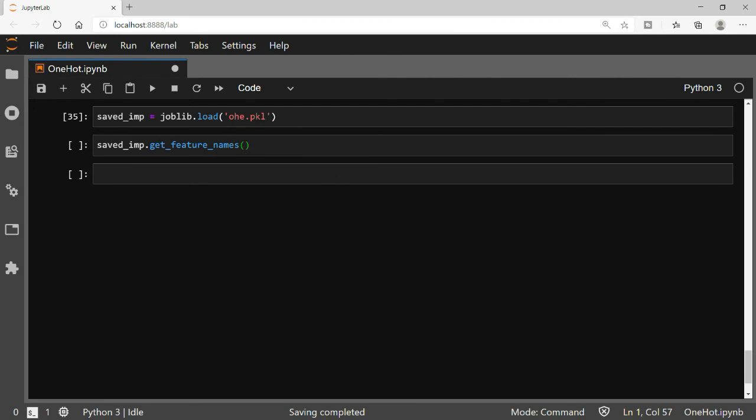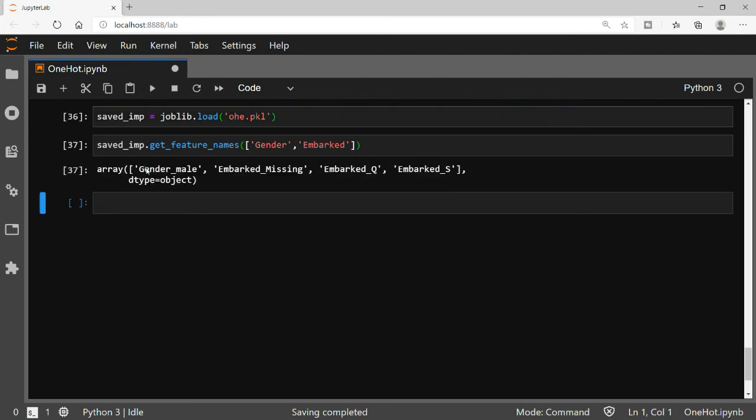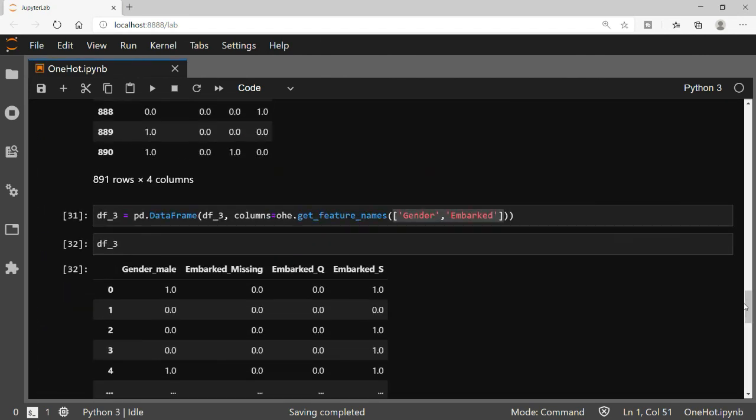Now if I run this, this saved_imputer is not the one which I have created. This is the one which I have loaded. You can say it is the same, but this is after saving, after I have loaded it from my file system. Now you can see that I have this object in my memory, and I can simply use it to transform my data or test data similarly as I did here.